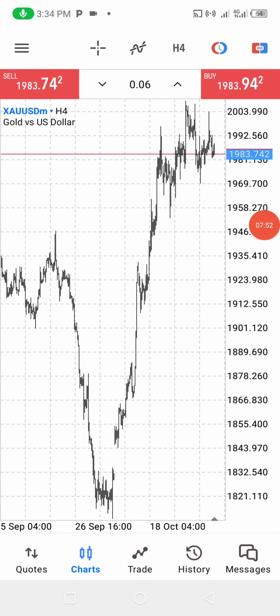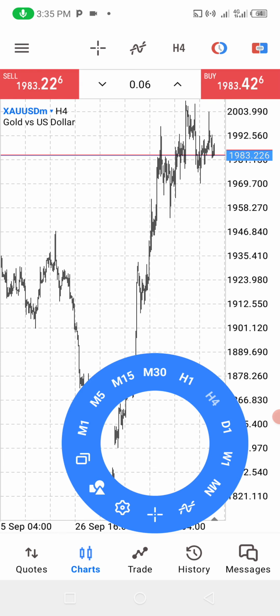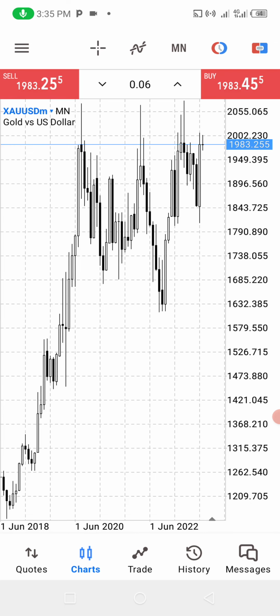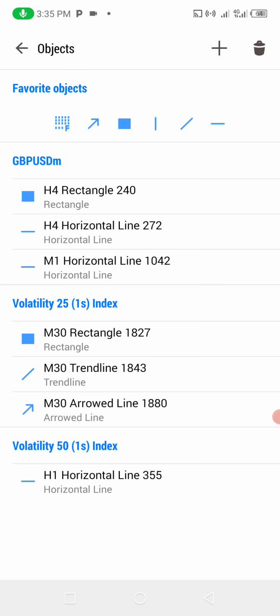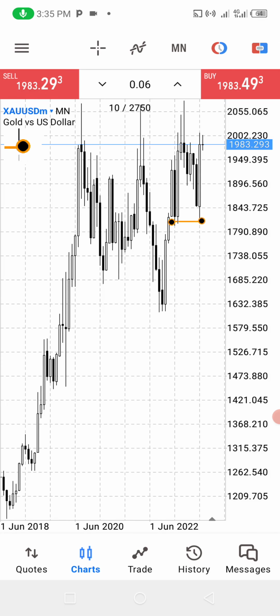Okay, this is the H4 time frame. The major thing is to run your top-down analysis and obtain the major direction of the market. You must know the main direction of the market because there are a lot of directions in markets. Some are short-lived, some are long term. So you should be looking for the long-term direction, and you do this with top-down analysis from the monthly all the way down to the 1 minute time frame.